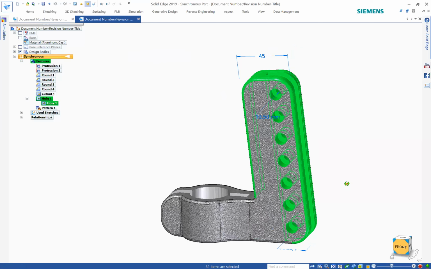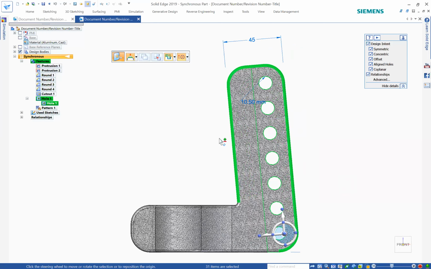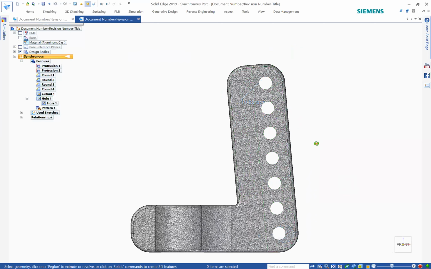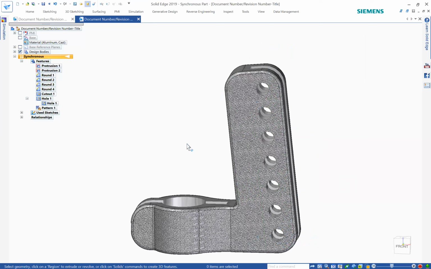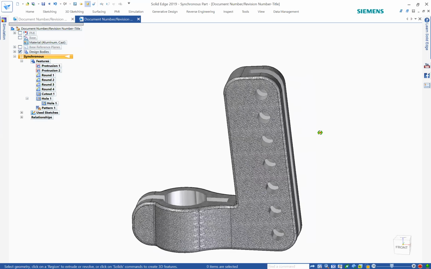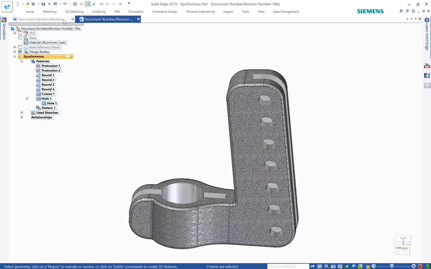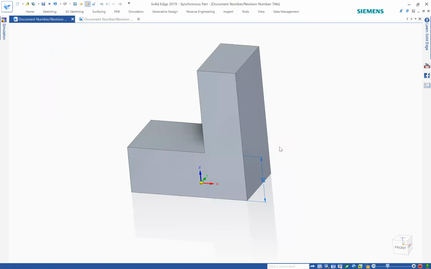And I don't have to worry about all the different features that were in the arm or all the other extrude or anything like that. I can just simply take that arm and then rotate it. And that's it. Yeah, that's nice. So one other thing that I want to show you guys is,